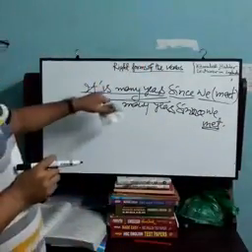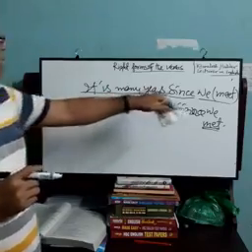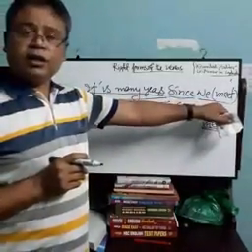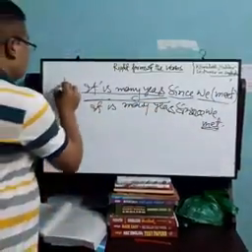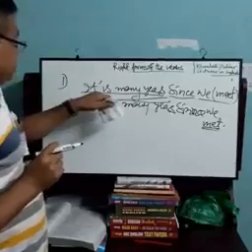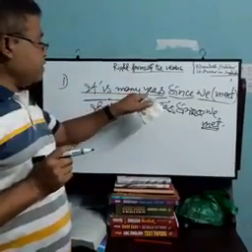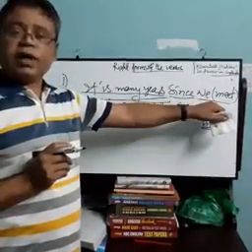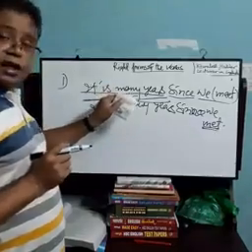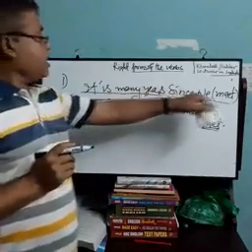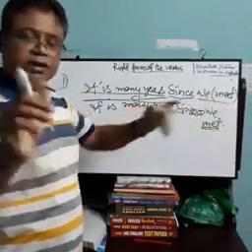But if the first clause is in past indefinite tense, the last clause will be in past perfect tense. Two rules: if the first clause is in present indefinite or present perfect tense, the last clause will be in past indefinite tense. If the first clause is in past indefinite tense, the last clause will be in past perfect tense. Look,